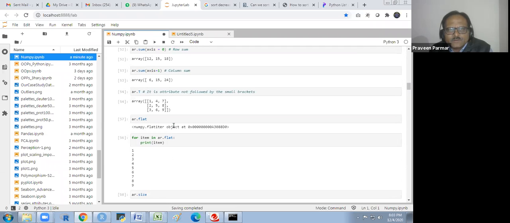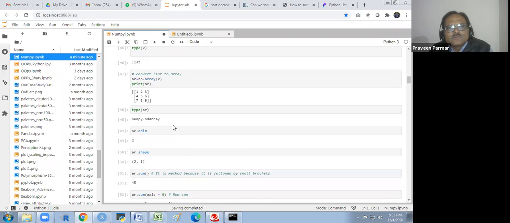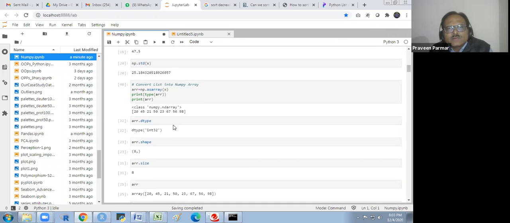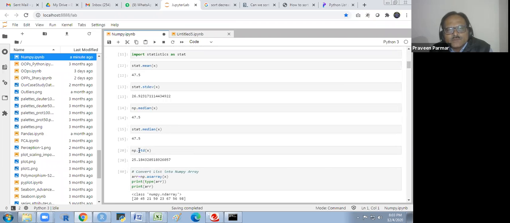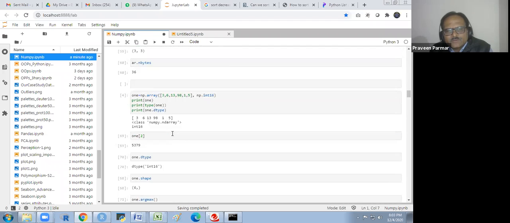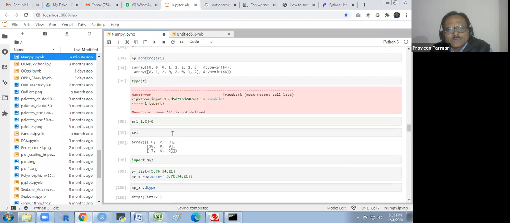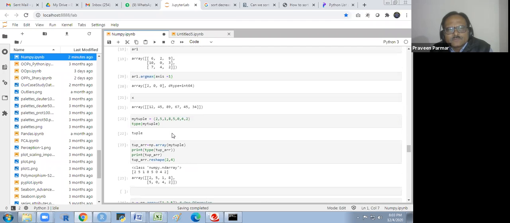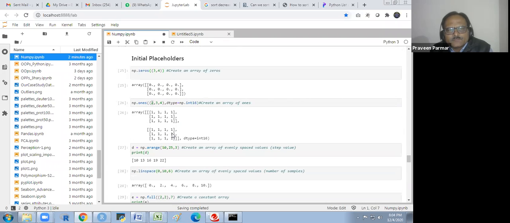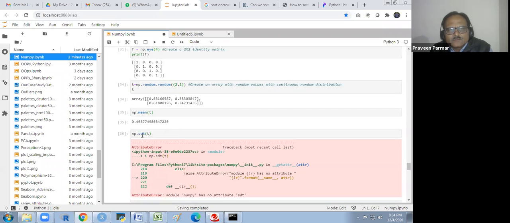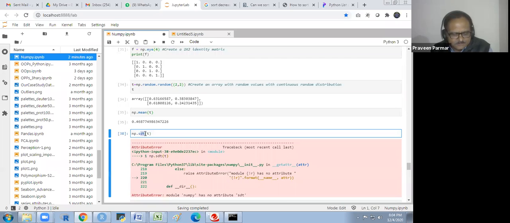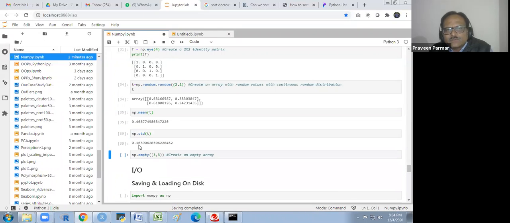So we have different attributes. I show you that here we have to take the standard deviation, STD. Sorry, STD. SDT I have written, STD I have written wrong. So it is 0.16. It is the standard deviation of this.